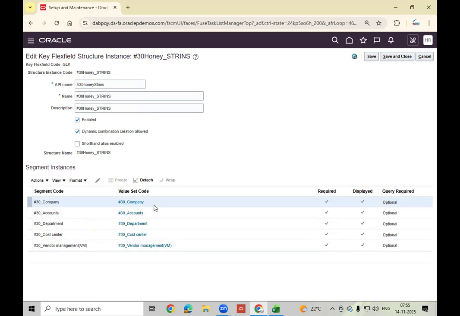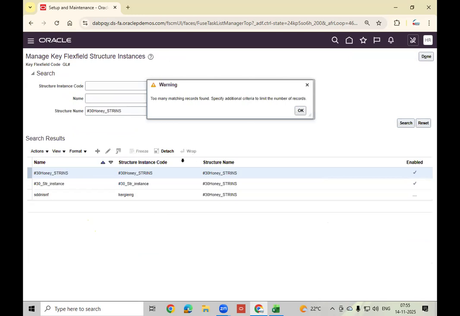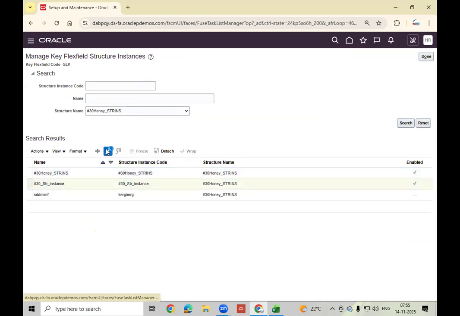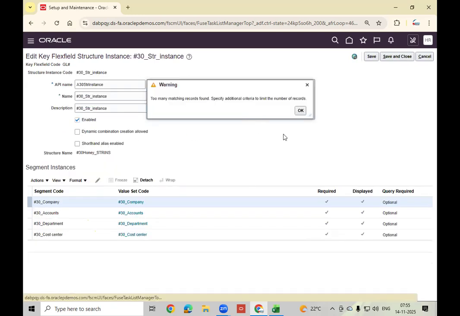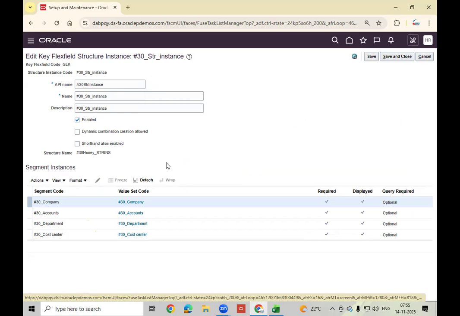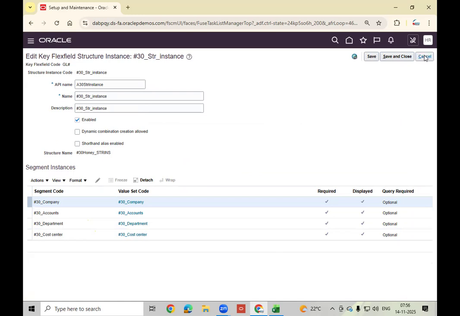Required, display. Here, this one additionally added, vendor management. This is okay. This is also okay.